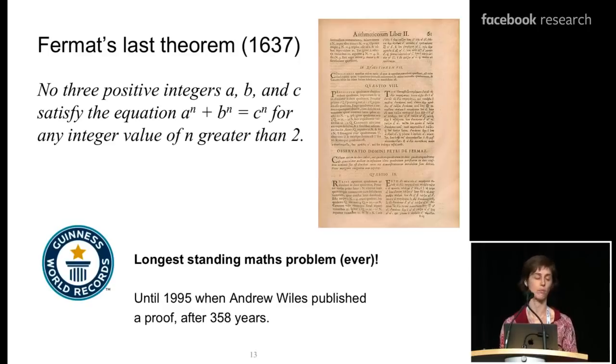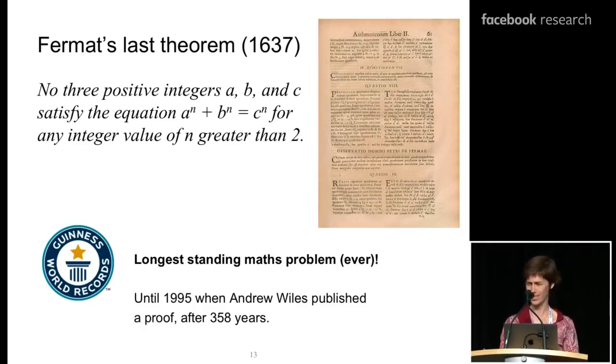Andrew Wiles published a proof, which meant that generations of young mathematicians could work on something else. And it also meant that in the process of producing that proof, we discovered many new things about mathematics that perhaps we would have known a lot earlier had Fermat spent the time to write down that proof somewhere. For those of you who are curious, nowadays, the longest standing math problem is actually Goldbach's conjecture, dating back to a mere 1742. And so there's still many of these open problems in other fields.